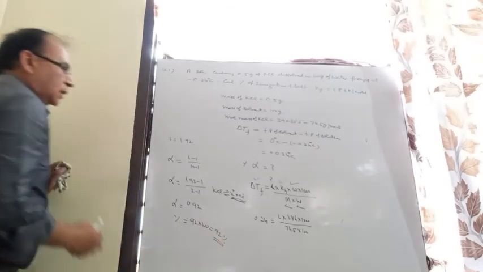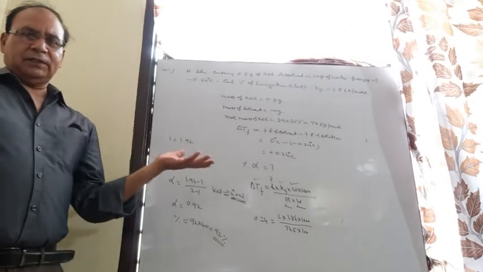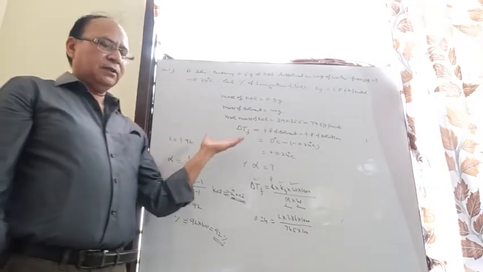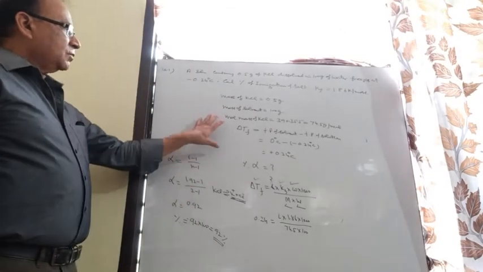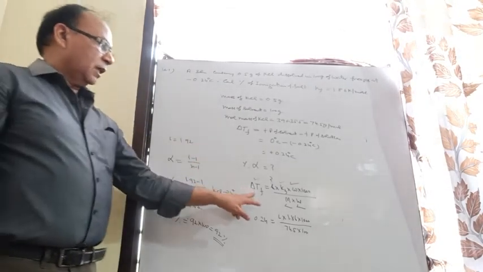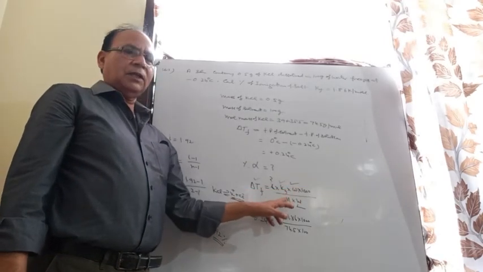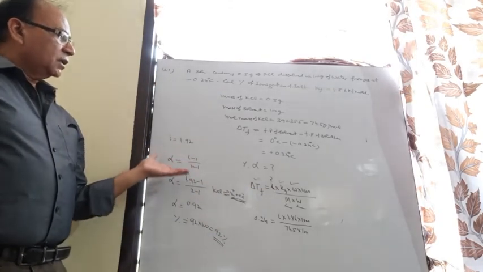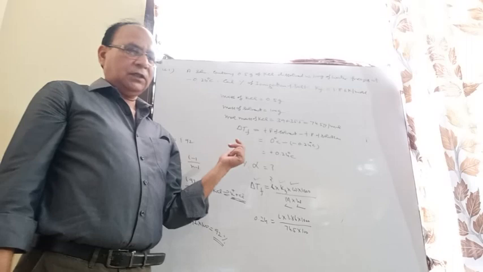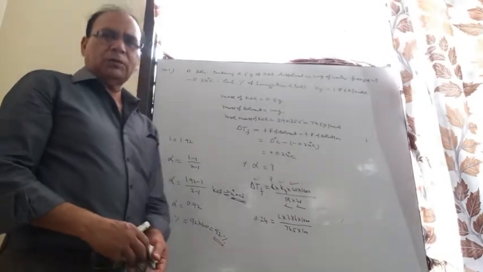Dear students, let me tell you, there is another method given in most of the books to solve this problem, but I think this method is the best one. We directly use the formula delta Tf equals i into Kf into w into 1000 divided by capital M and capital W, and we easily calculate the value of alpha. This is the easiest method, I think. Now the second problem was